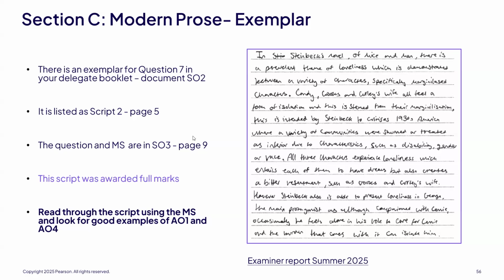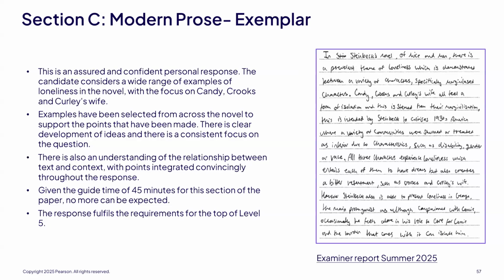So hopefully you enjoyed reading through that. Quite an amazing response in the time candidates have to actually answer this. The principal examiner said that this was assured and confident. We can see that it considers a wide range of examples of loneliness, focusing on Candy, Crooks and Curly's wife there. Examples from across the novel, so we can see that there's a whole text approach here. Clear development of ideas, consistent focus on the question,